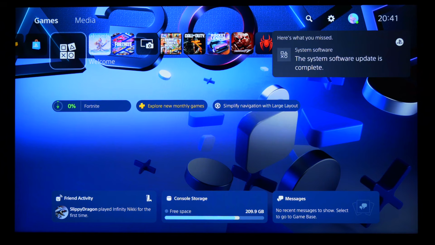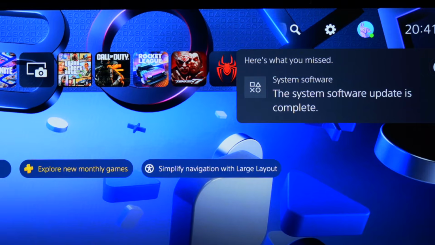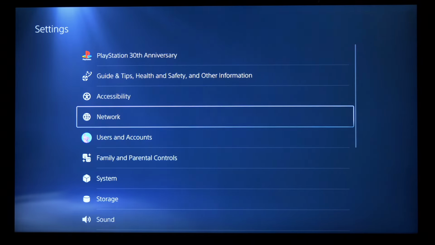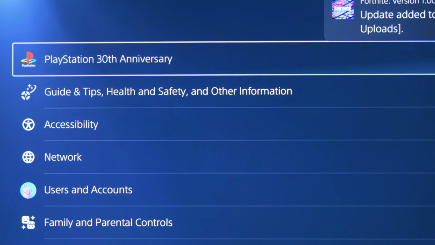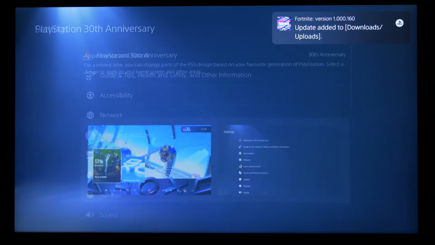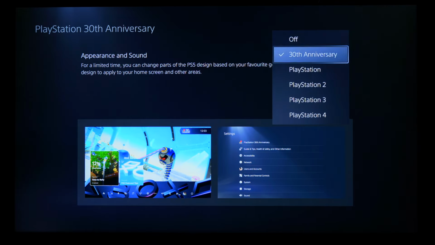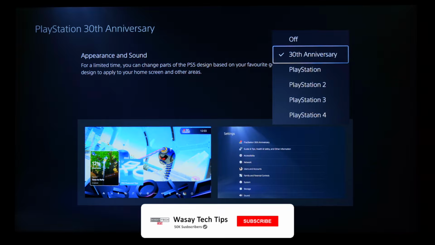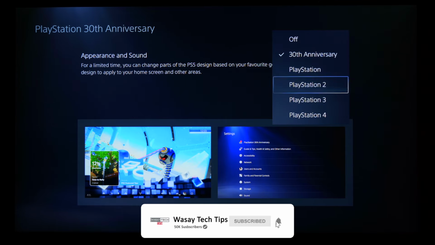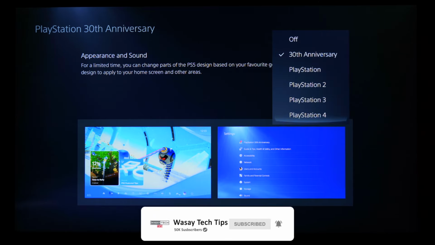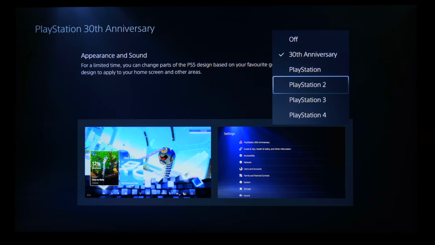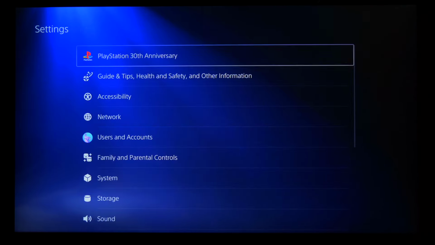So by default it's on the PS5, but if you go on the top right, go to settings, on the very top you're going to have the PlayStation 30th anniversary icon. Just click on it. From here you can change it to the 30th anniversary one. If you like the PS1, go with PS1 theme, the PS2 theme, PS3 or the PS4 theme. Personally my first PlayStation was the PS2, so I'm going to go with the PS2 theme, and now it will